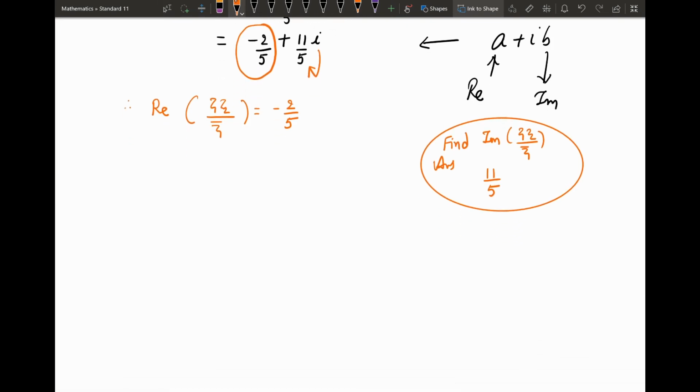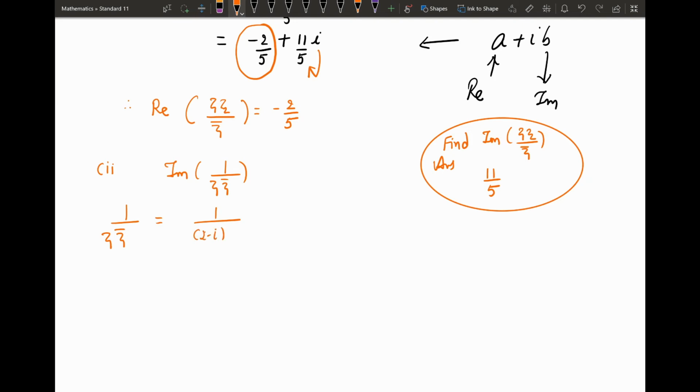Now the second question is, we have to find the imaginary part of 1 upon Z1 into Z1 bar. First we evaluate Z1 into Z1 bar. Here Z1 is 2 minus i,